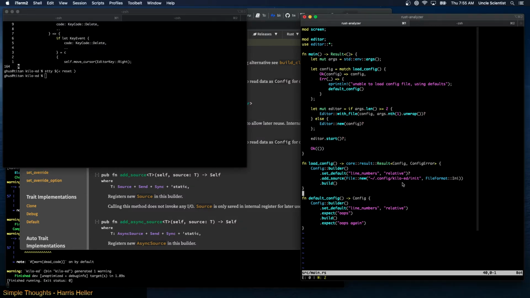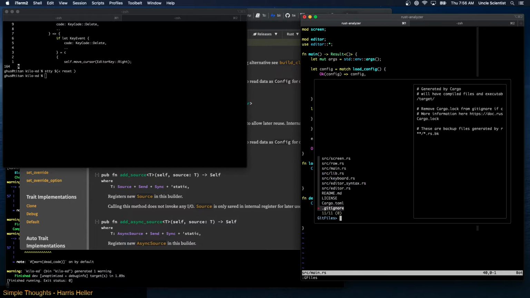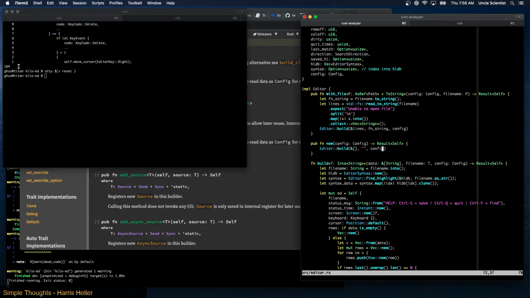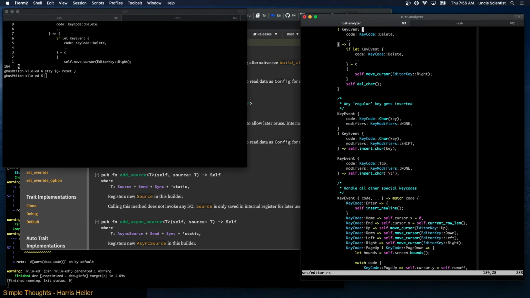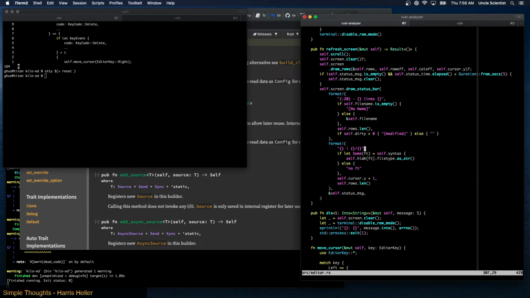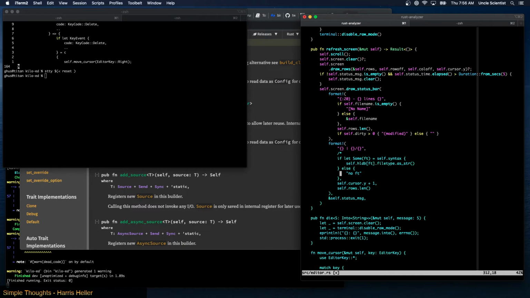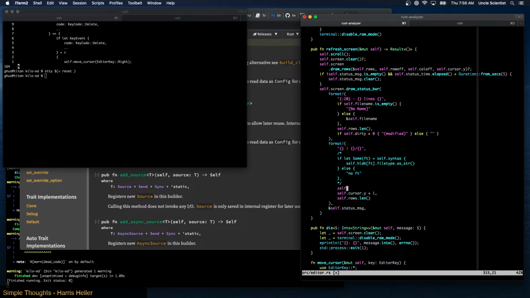What I'm going to do is make that file empty and see. I'll print in the status bar, instead of the file format, I'll print the line numbers thing. So let's go back into editor, and then where we refresh the screen, right now we're just printing file type here. So I can comment this out, and instead we can say self-config get,